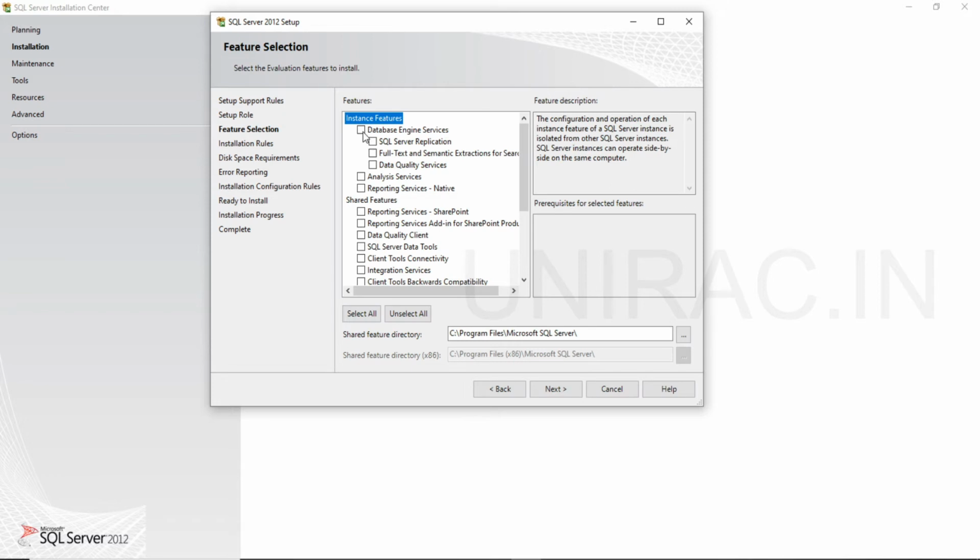Under features, you can choose your database engine with the analysis services or reporting services in case you need them.